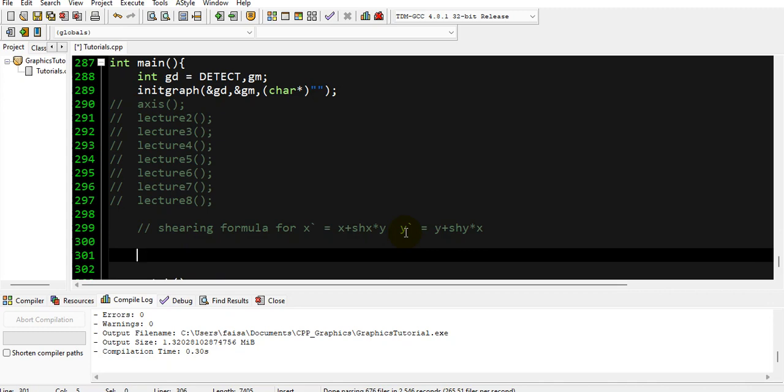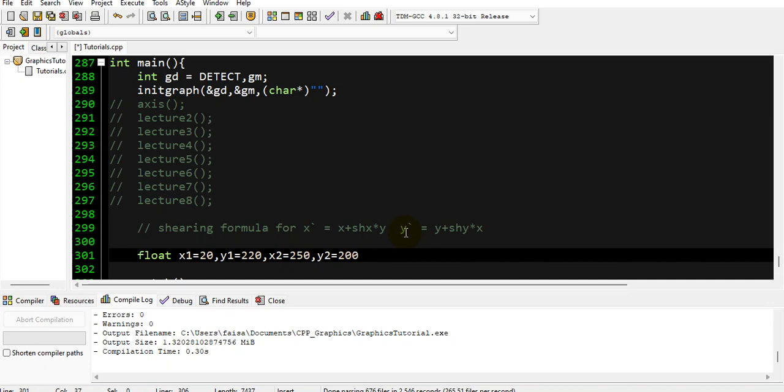So first let us draw a rectangle. We will name it as original shape, and then we will draw its sheared shapes, right? So let me declare some variables for our rectangle. x1 is equal to 20. I am hard coding these values, so y1 is 220, and x2 will be 250, means it will be 250 wide, and y2 will be 220,